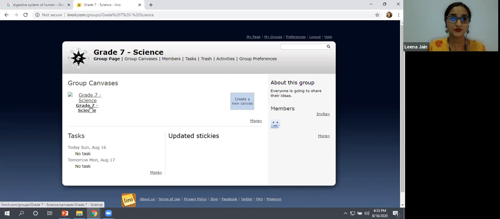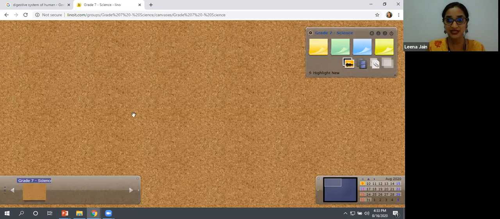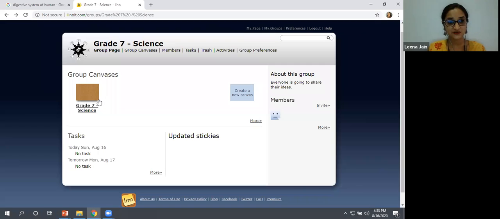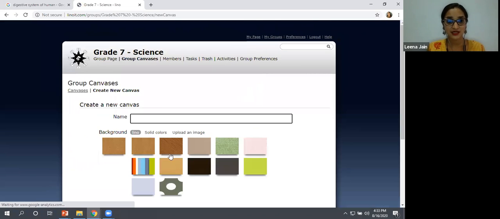Okay, so what I'm going to do, this is my by default canvas that is of grade 7. Okay, when you go on adding canvases here, this is a science canvas. Okay, so let me take you back again to my page here. You can go back from here. Okay, this is my default canvas. This is for science. If you want to add canvas for geography, that is for 7th grade, you can do it as well. Simply you have to create a new canvas and you can select any canvases from here.